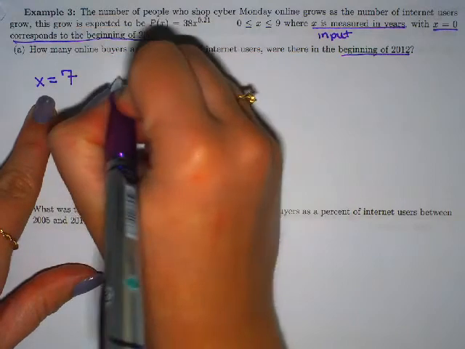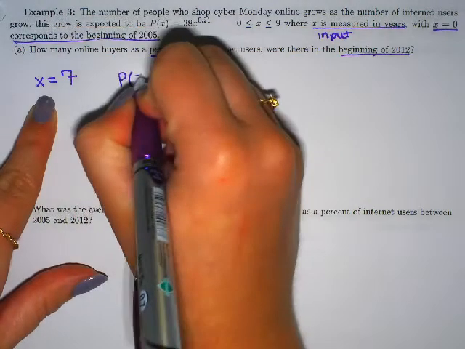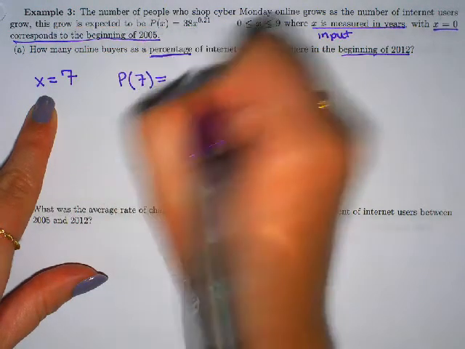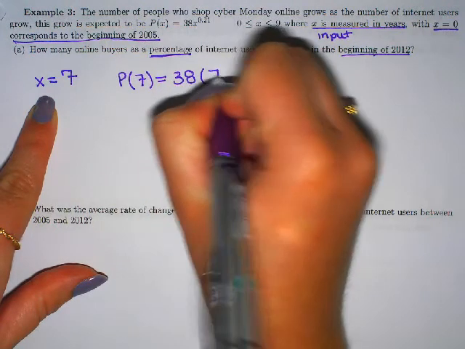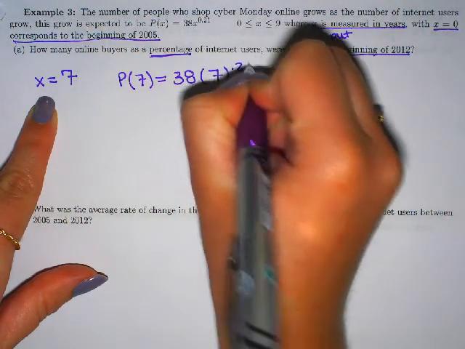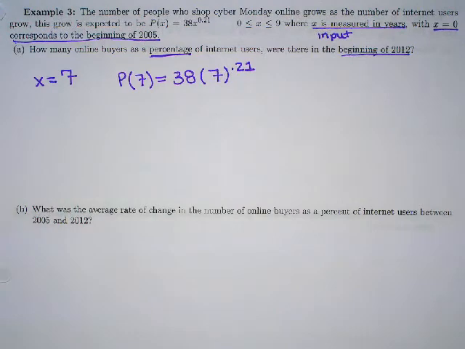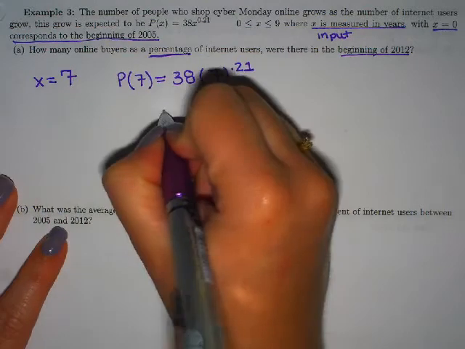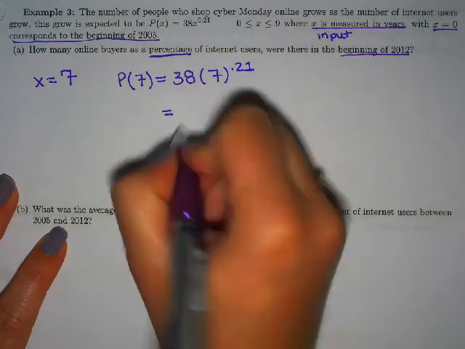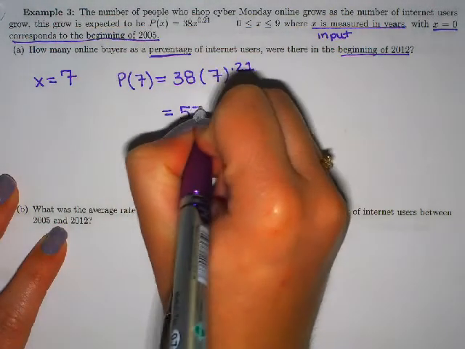So x equals 7. We're just plugging into the original. Plugging into the original means that there's only 1 unit. Rate of change would be 2 units, but just plugging into the original is 1 unit. And I'm replacing the one place where there's an x with what it is, which is 7. So 38 in parentheses 7 to the 0.21, what you should get is that there was